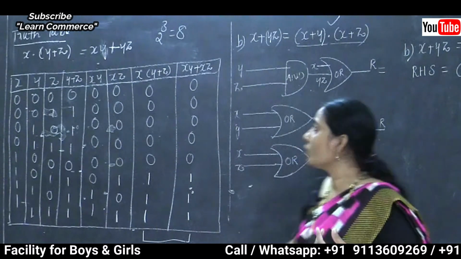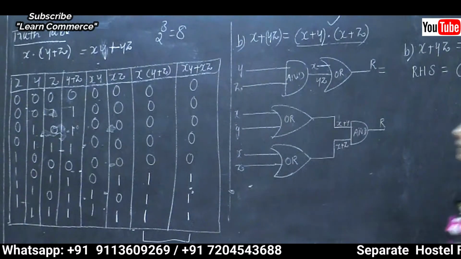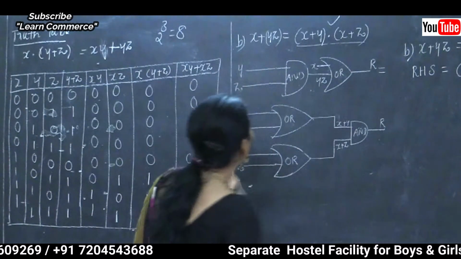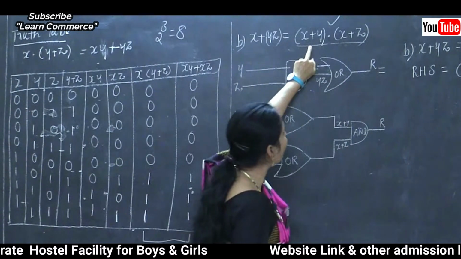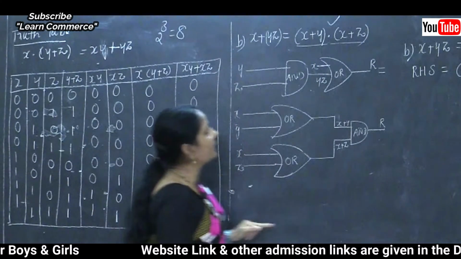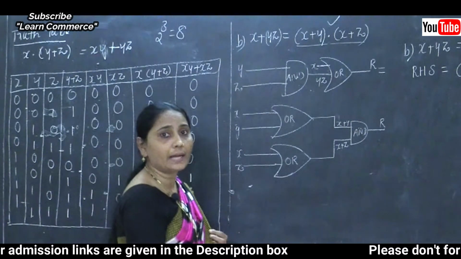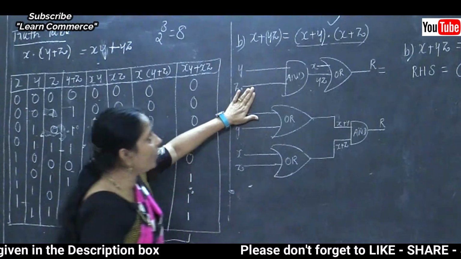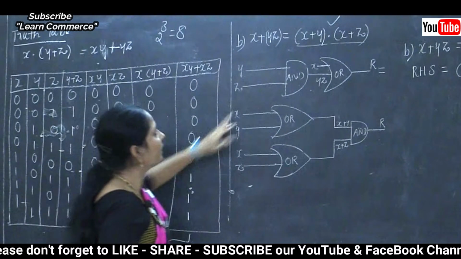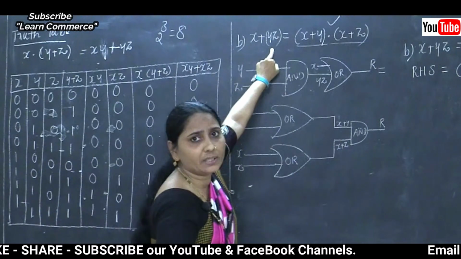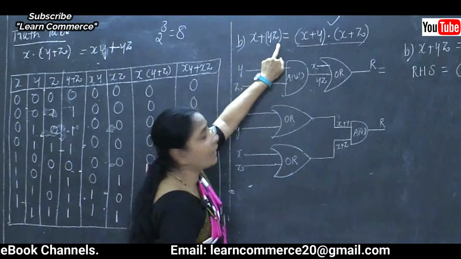Clear this point here. So this is about our first distributive law, and next let's see the second one. The second distributive law is x plus y and z is equal to x plus y and x plus z. Clear this point here. On the left hand side we are going to check whether it is equal to the right hand side. Now first of all, the symbol of the second distributive law. First I am going to take whatever is there in our expression. Clear this point. In our expression the values are y and z here.